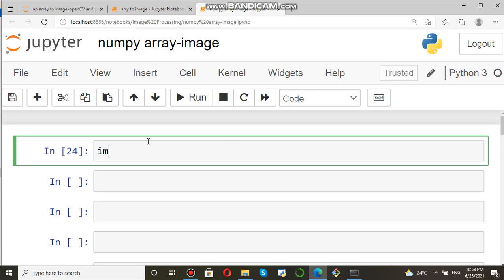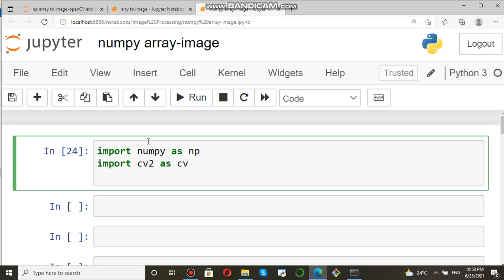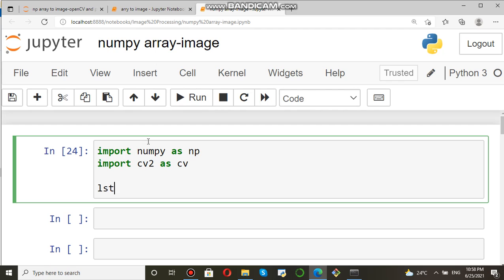So you import numpy as np first, and import cv2 as cv. Okay, so you need to import numpy and then cv2. Now for the list, you write any list. For that, I am going to write, suppose, 10 to 100, and then you can take